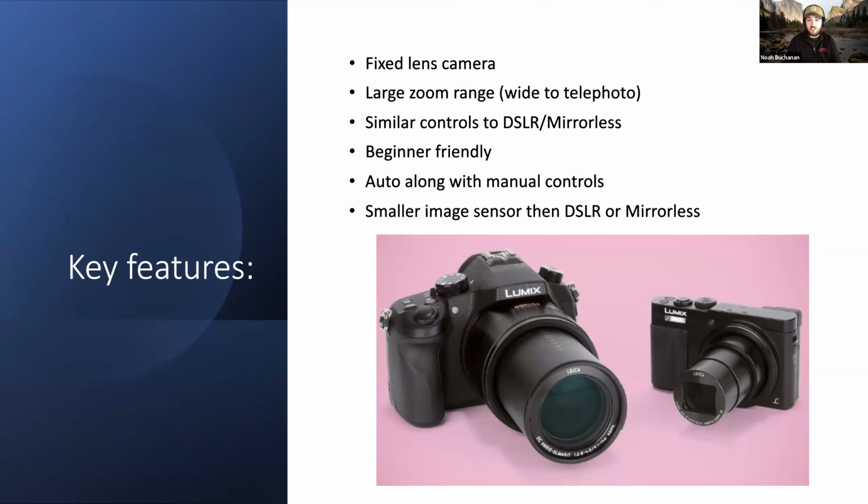You can send these cameras in. Sometimes dust and debris can actually get sucked into the camera itself. It's not very common. It is a possibility, in which case the normal person is not able to get in there and clean the sensor. You need to basically send it back to the manufacturer. They're going to disassemble it, clean the sensor, and reassemble it, which is basically a huge repair cost. So typically, no, you're not cleaning these camera sensors, because dust is typically not getting onto them because of that